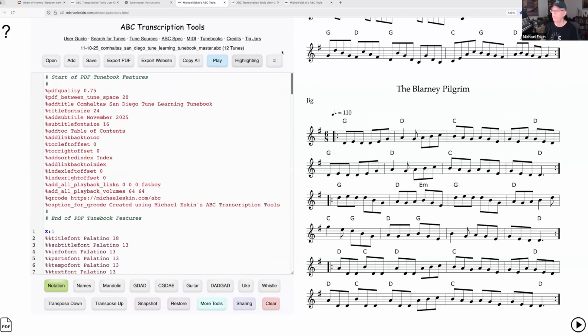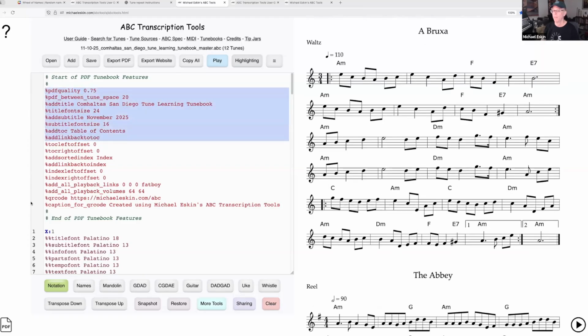So when you're setting up the PDF files from scratch, you can see all this stuff at the top here, and these are all instructions for the PDF builder that tell it to put a title page, to put a table of contents. But you can see there are some parameters here at the end that have the word QR code in them,